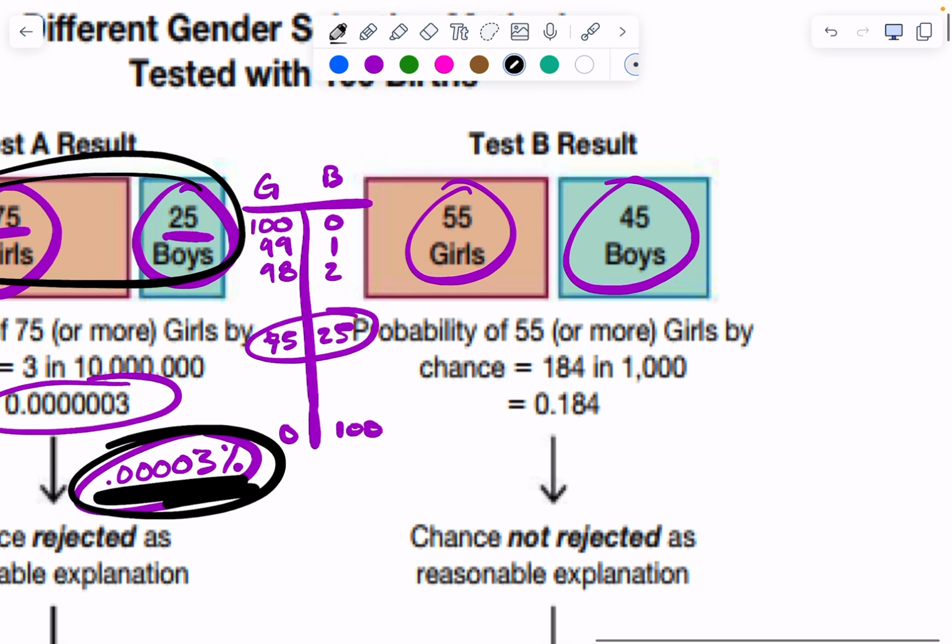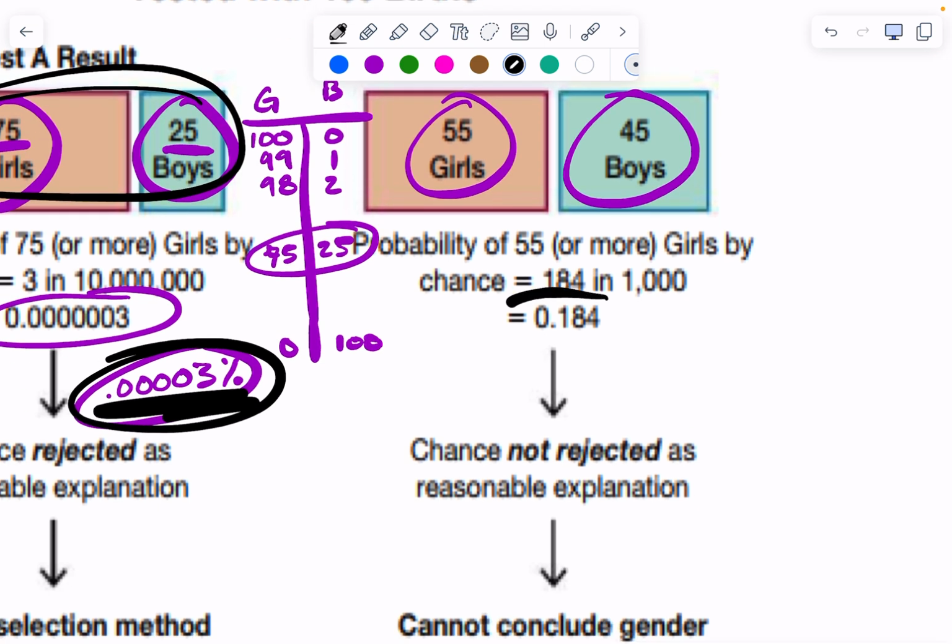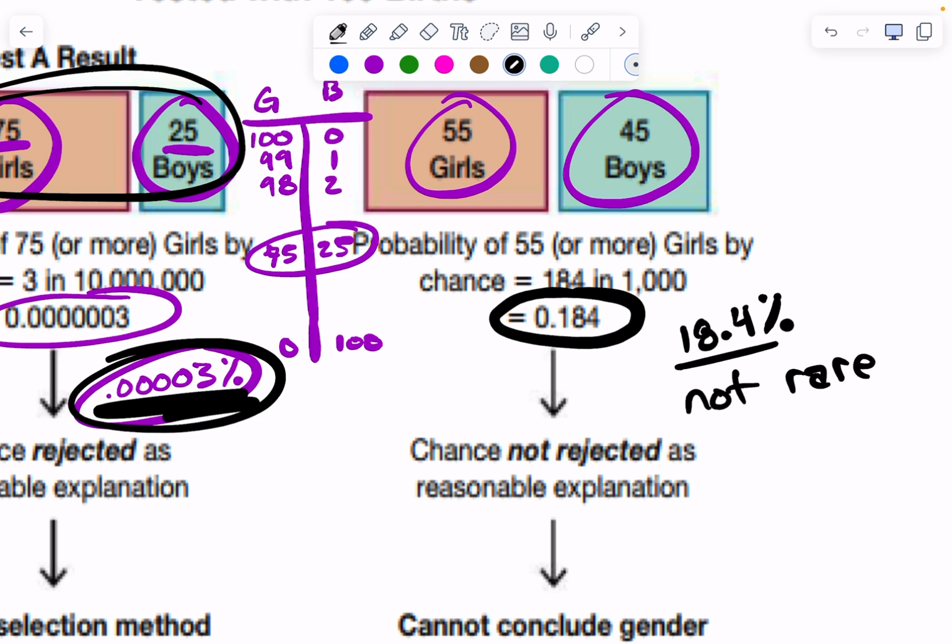Versus over here, we have a 55-45 split, and the chances of that happening is 18.4% or 0.184. 18.4% chance of that split happening. 55-45, that's not that big of a deal, right? Like, that could happen. Okay, 18.4% chance. That's the chances of that thing occurring without any intervention happening. 18.4%. That is greater than 5%, so it's not really rare. Not rare for this to happen, right? Which means that medication's probably not doing anything, because the chances of that happening just randomly without the medication